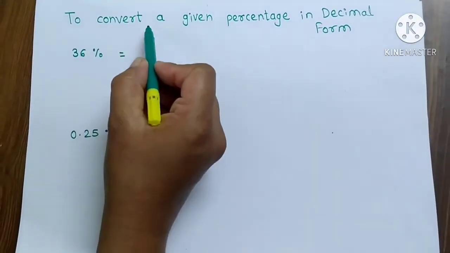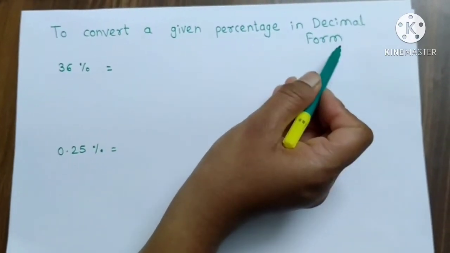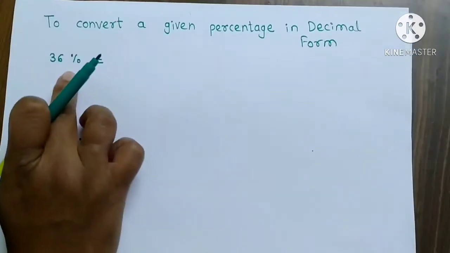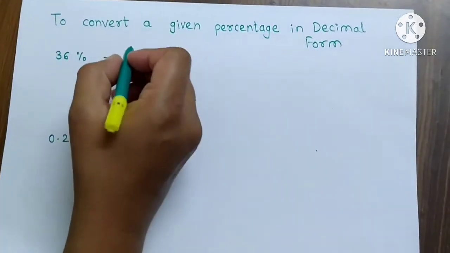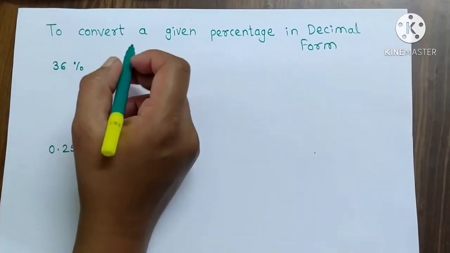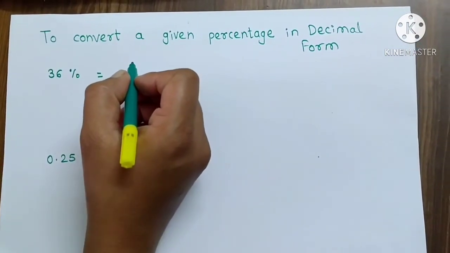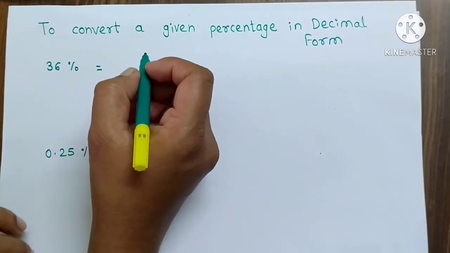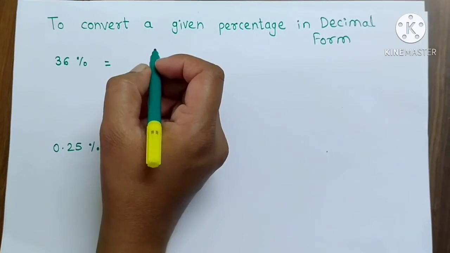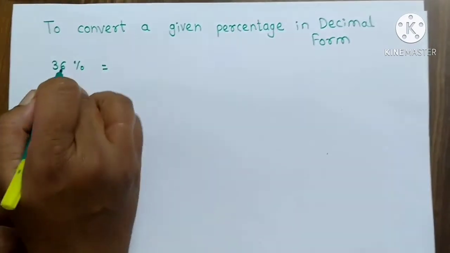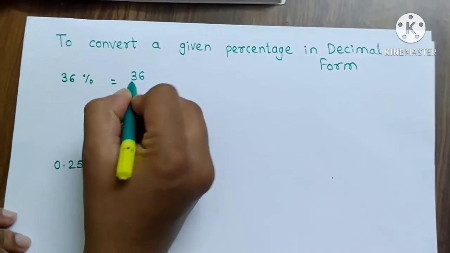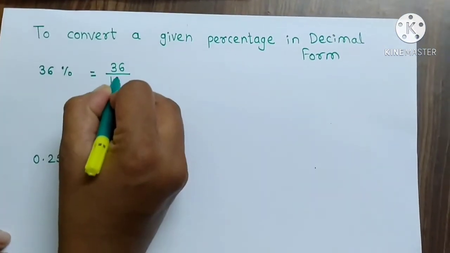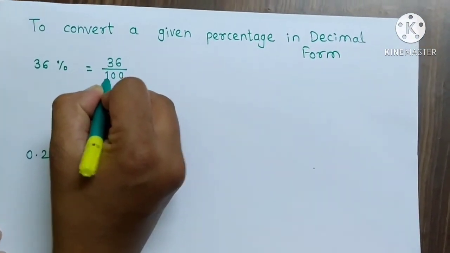This is a percentage and we have to convert this percentage into the decimal form. First we are going to convert this percentage into the fraction. So 36 upon 100. Okay, so